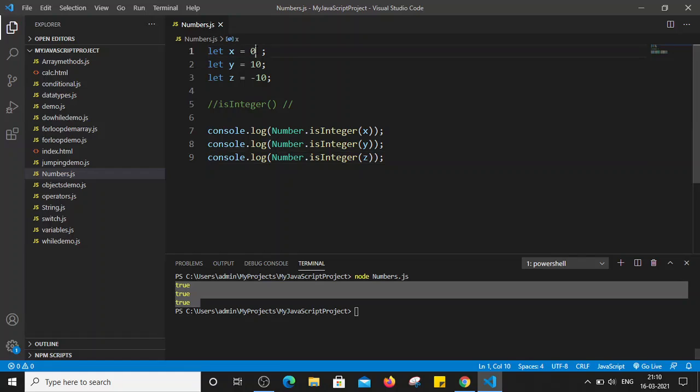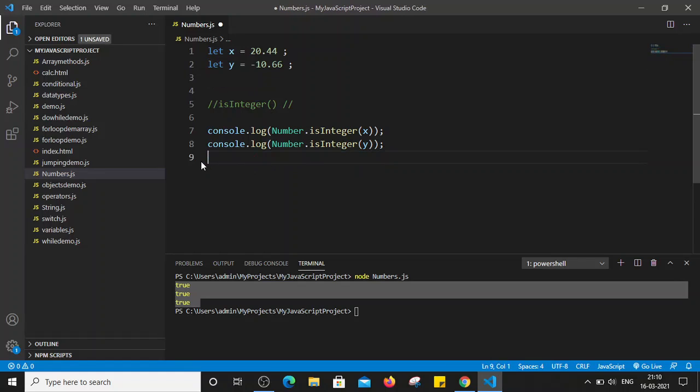Now let's change the values and make them some decimal values. For example, let's say x is equal to 20.44, and y is equal to minus 10.66. Now this time let's check for x and y.